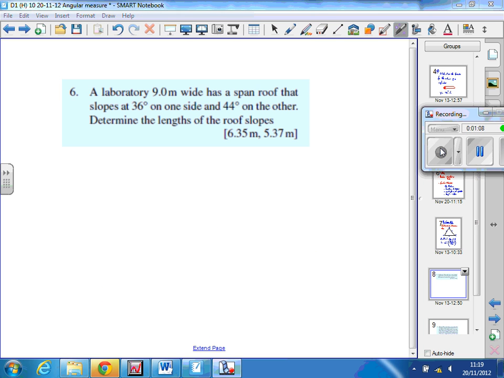Let's look at a couple of examples. I don't want to run through the whole thing. I just want to start them off. I want to decide which rule we're going to use and in which form, and then leave you to finish the questions. So if I've got a problem like this to do, the first thing I would do is to